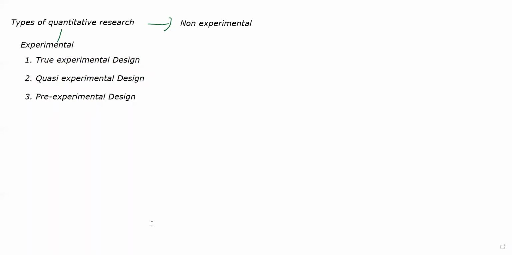Now we'll discuss what experimental design is in general and its advantages. Experimental design is a very powerful tool to test any hypothesis, especially to test the relationship between variables, especially the causal relationship between variables. Now ideally, in this type of design, the investigator manipulates the variables because they are interested in observing their effects.